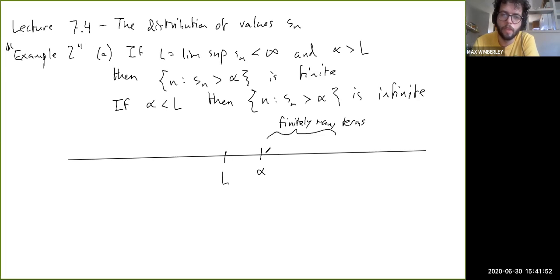Because if there were infinitely many terms over here, then we would be able to find a subsequence